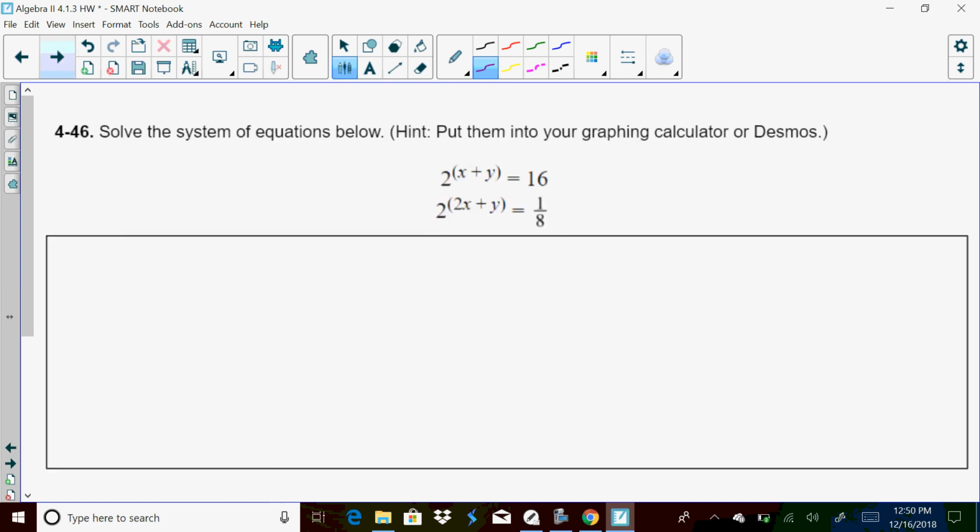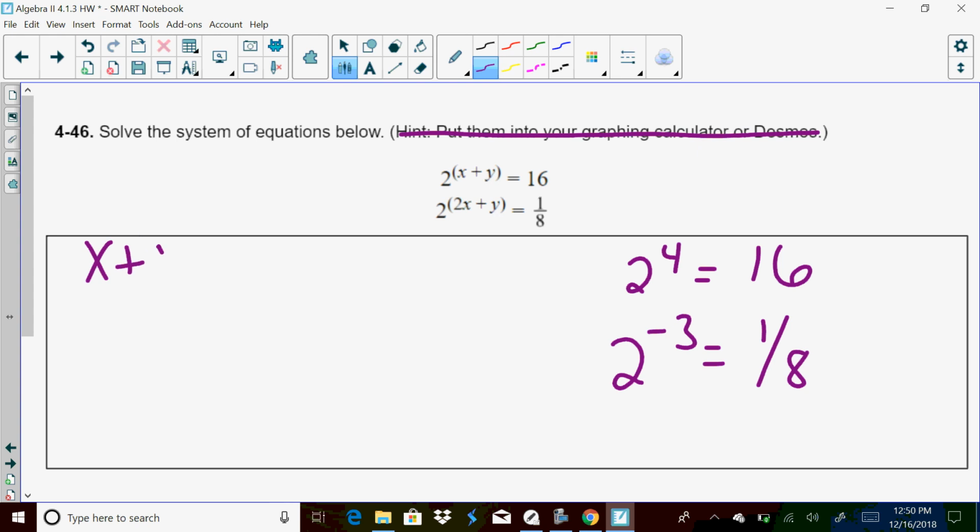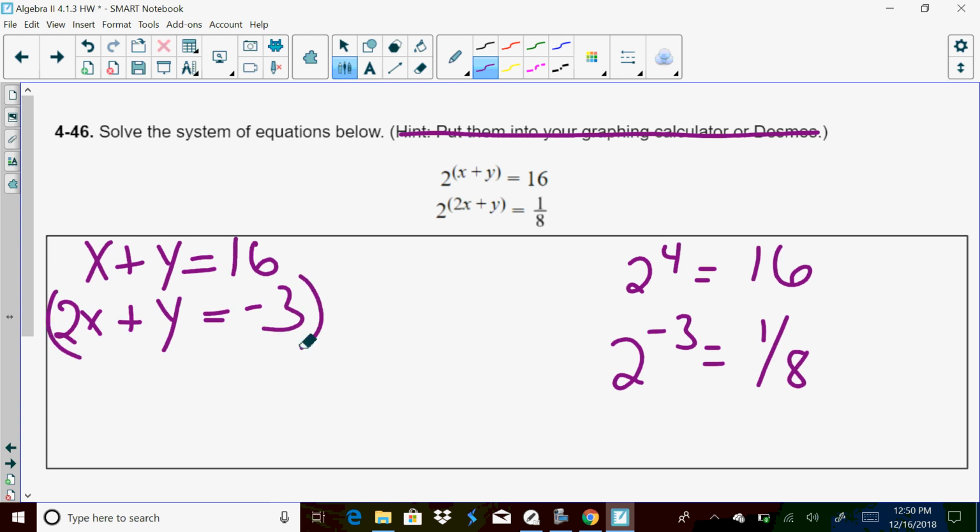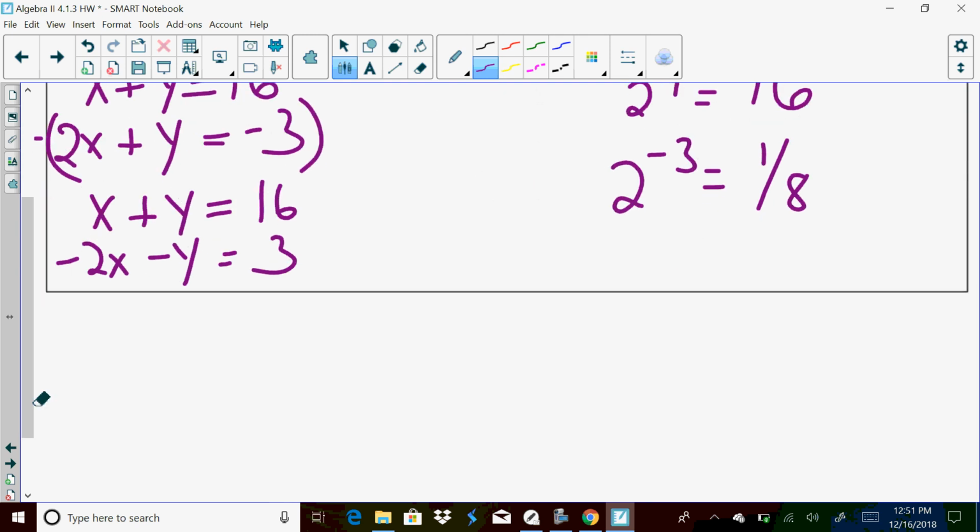Problem 46, it says solve the system below. Hint, put them in your graphing calculator. Actually, that was a false hint. We can't graph that in our graphing calculator, but I know some things about 2. I know that 2 to the 4th power equals 16, and that 2 to the -3rd power equals 1/8, which tells me that x plus y equals 16, and 2x plus y equals -3. So I multiply by negative, so I get x plus y equals 16, -2x minus y equals 3. So I get -x